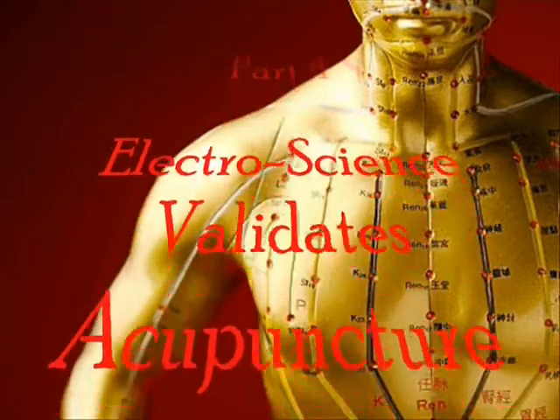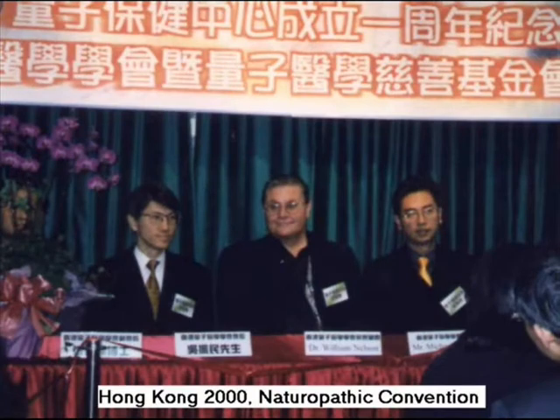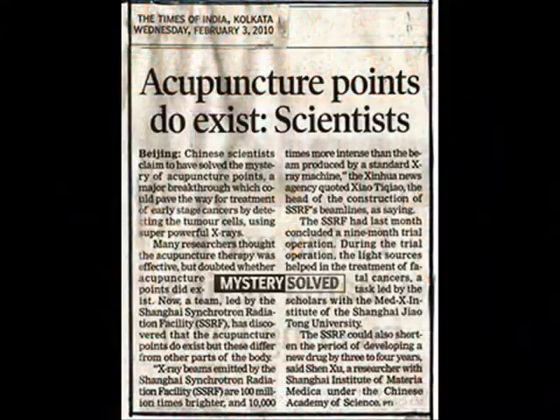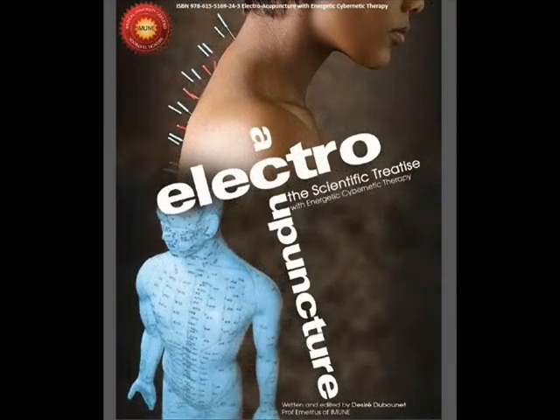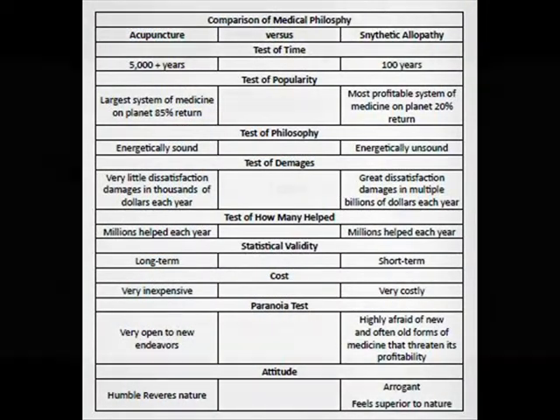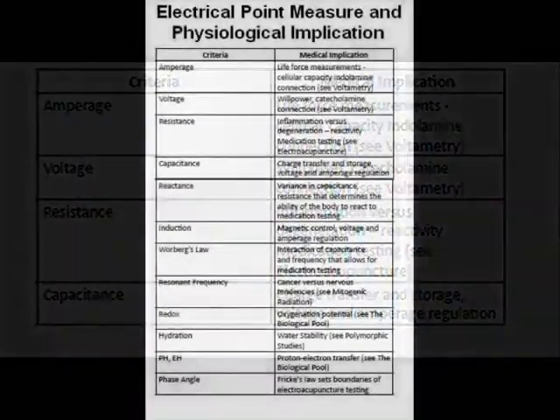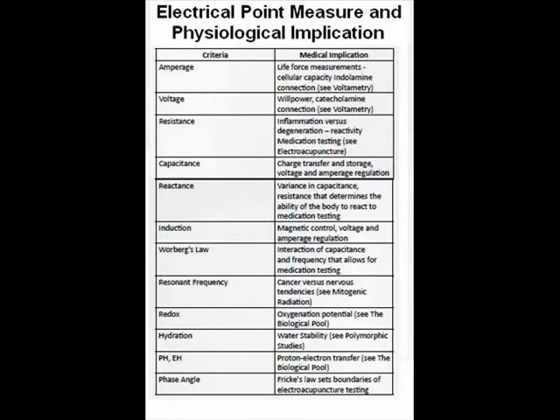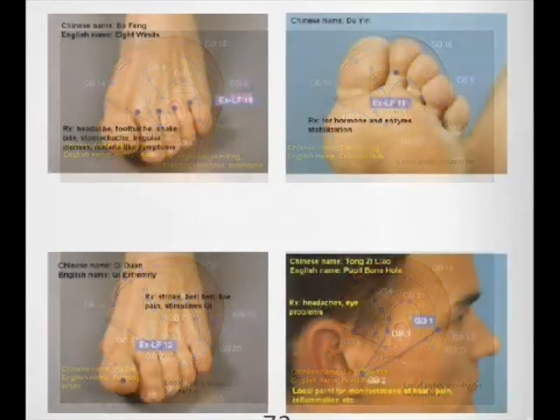Part 4. The electrosense validates acupuncture. If we look at some of the different developments done by Dr. Nelson Nee, we find that acupuncture points do exist. Scientists now agree on this 1,000-plus-year-old art that there really is an electro-acupuncture, and that each of these points has a different energy, and that there really is an amperage, voltage, resistance and electrical force. It is not all of what acupuncture is, but the electrical force follows it through these points.